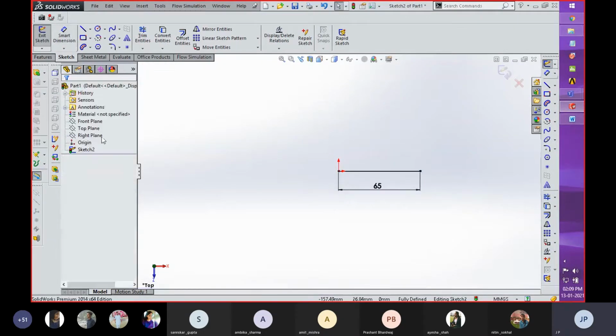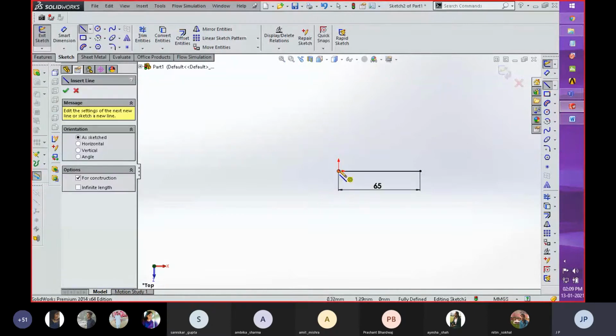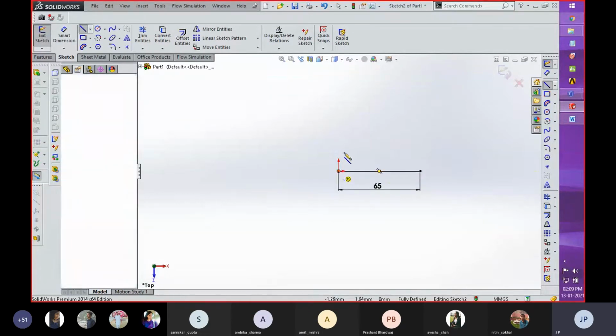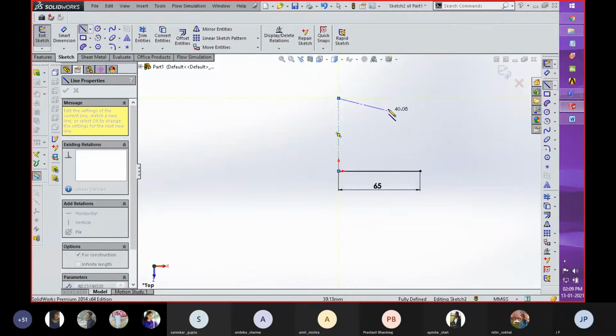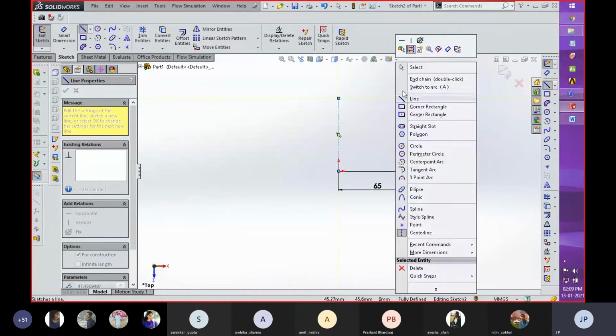Now, if you want to create another line within the same drawing, there are two things available in the line command. One is line, another is center line. If you want to create a line from end to end of the workspace, you can do that with the help of the center line. You just click at any point where you want the center line. This may be at the starting end of the line, the end of that line, or maybe the midpoint of that line. I'm going to create this at the starting point of that line. So you can see that this line is created over here.